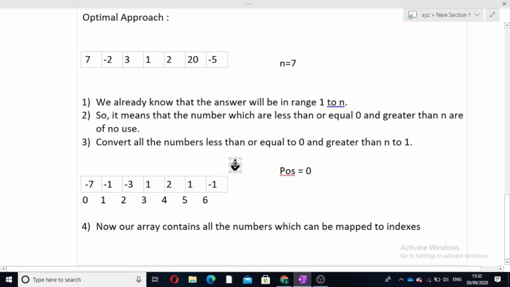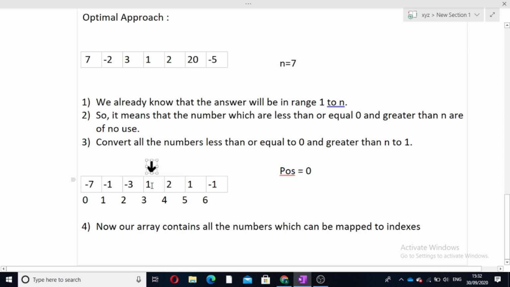Now this question is a linear solution, but we have to traverse the array twice. First traversal was to convert the original positive numbers to negative using the indexes. Once our array is modified, we will iterate the array again, and we will try to find the first positive value in the array. First we were at this index, our value is negative. Ahead this value is also negative, ahead again negative, and at this index we have found the positive value.